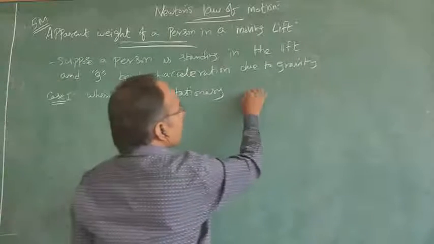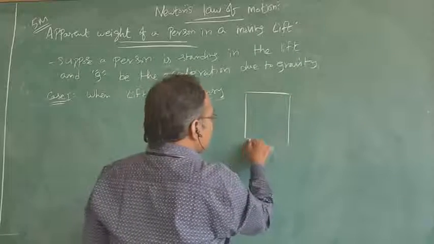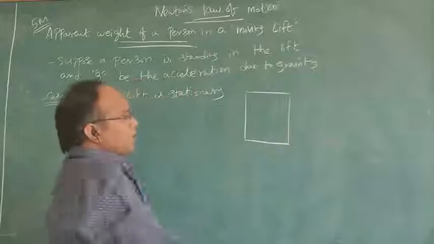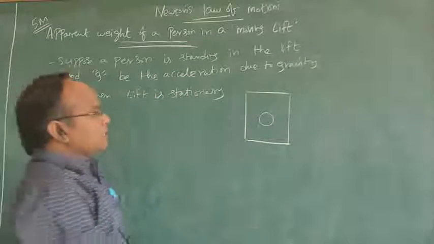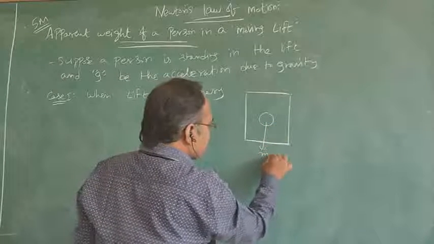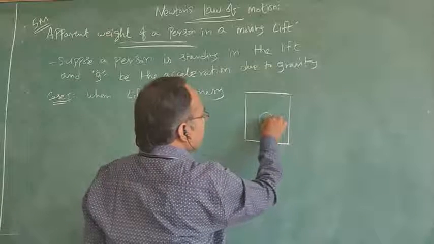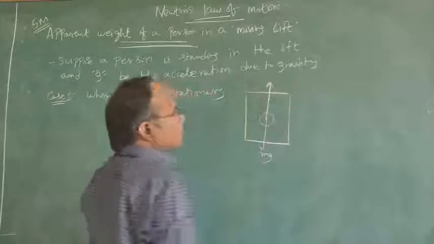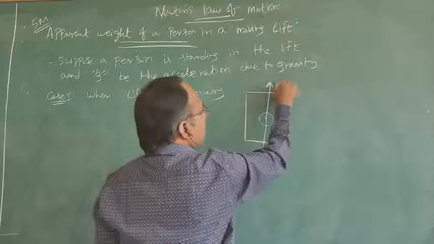Here this is a lift, and a person is standing in the lift. This is acting under the acceleration due to gravity. And I said normal reaction in the previous class. Normal reaction can be written from here to here as R, or we can